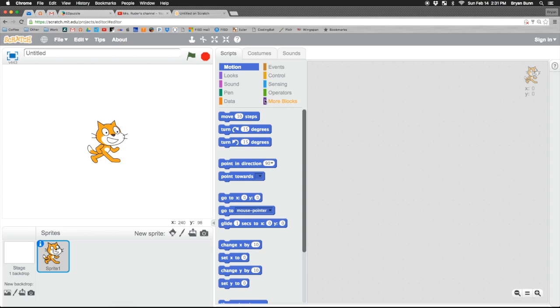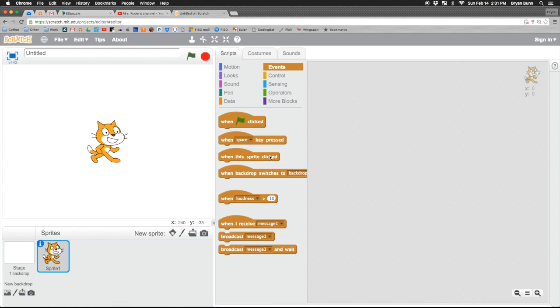Alright, so the first step is to add a block of code to get the program started. This one's going to start when the right arrow is pressed. So as we notice, there is no code block specifically that starts the program when the right arrow is pressed, but this code block does have options. So right now the space bar is pressed will start this program, but if we click the drop down box